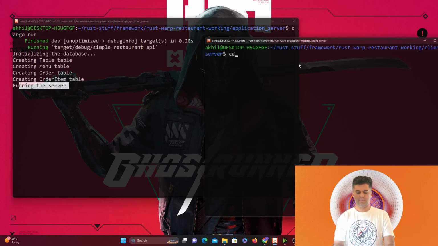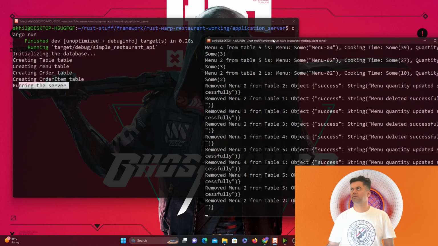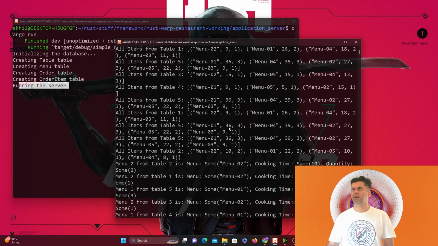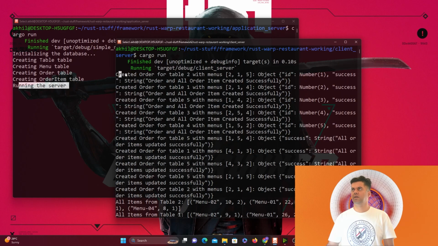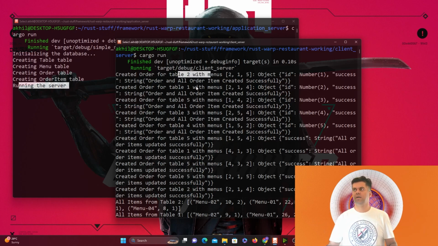And here also I'll run cargo run, and we're going to end up calling the APIs. Okay, so in our backend we're calling all the APIs. So we say created order for table 2, table 1, table 5, table 3, table 4. So what we're doing is trying to run all these APIs concurrently. So that's why whichever resolves faster, it doesn't have to process an order one at a time. I'm doing everything concurrently. So we're going to be using the request,